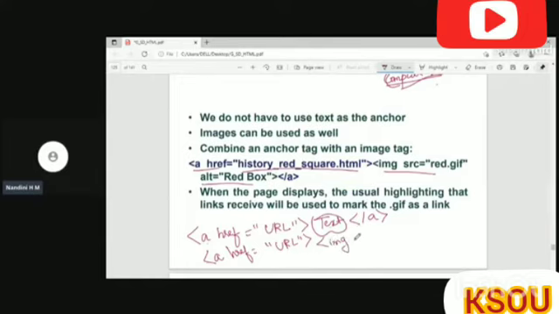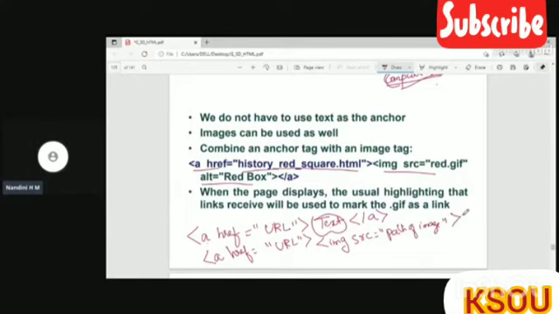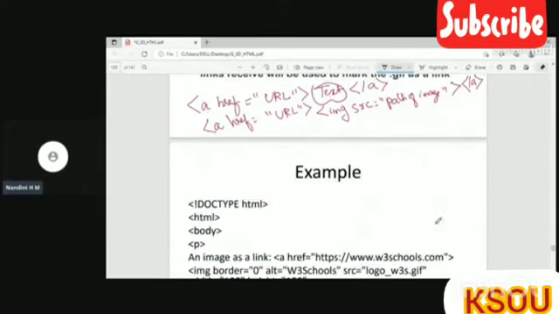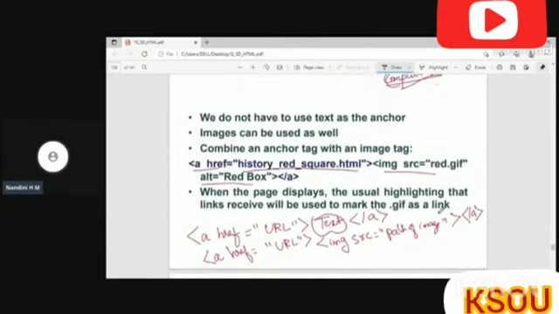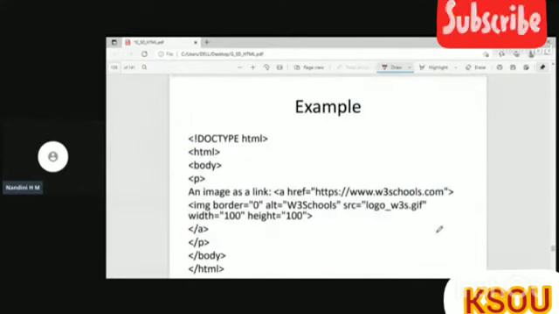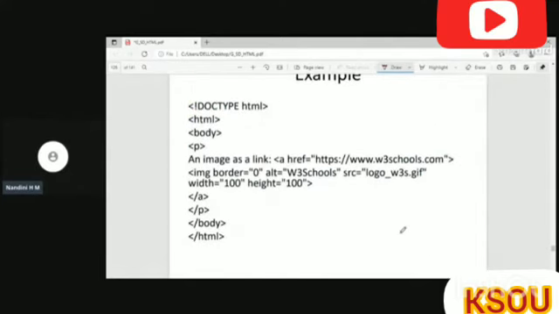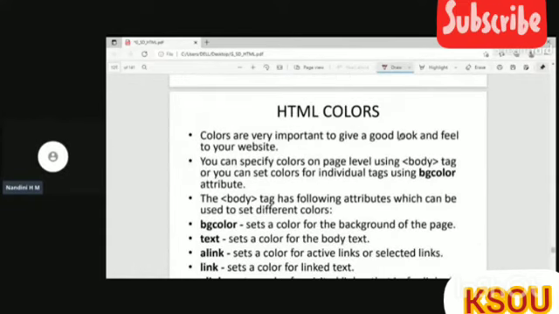For that, image tag, img src is equal to path of the image, and then close the image and then close the A tag. So whenever you click this image, it will take you to some other web page. You have to practice this, then only you'll experience how actually this works. Also, this is another example of giving a link to your image.